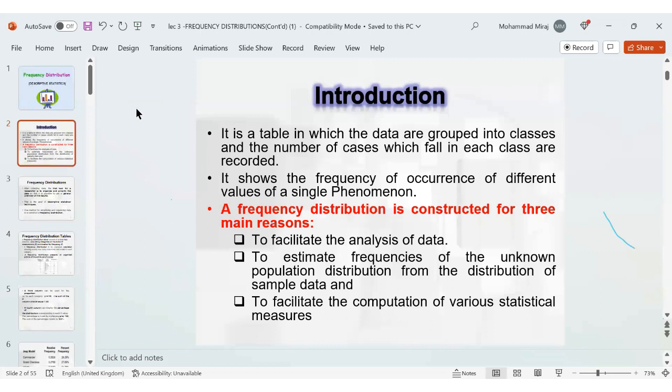Similarly, to estimate the frequencies of the unknown population distribution from a distribution of sample data, because we cannot do it on a whole population. So we take an estimate from that population. That's why it is very, very important. Whenever you find out the prevalence rate of any place or incidence, we will basically use this type of method. And then, to facilitate the computation of different types of statistical measures, because in statistics, like I told you,